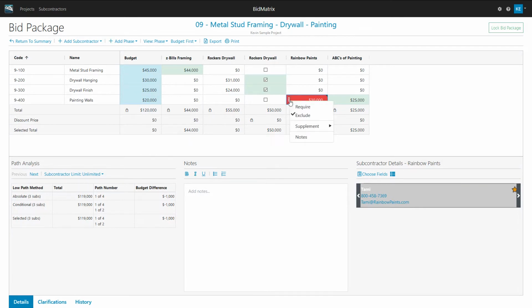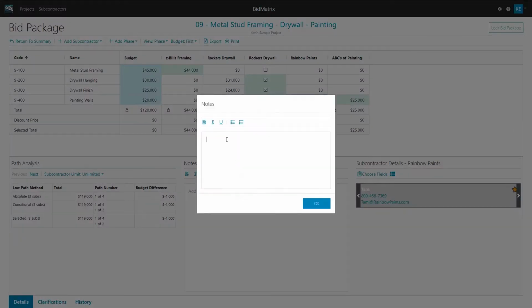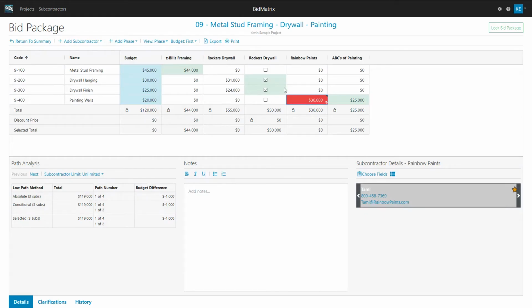This is also where it would be a good point to go in and actually put some notes on here. So I might add a note to say maybe their first bid didn't include building B or whatever the case was. As you look at this, you'll see a few things going on. One is I've got an arrow that means it's got an up supplement to it, so adding money to it. I've also got this little thing in the corner here that if I hover over it, it'll tell me what the reason was that I made that adjustment.